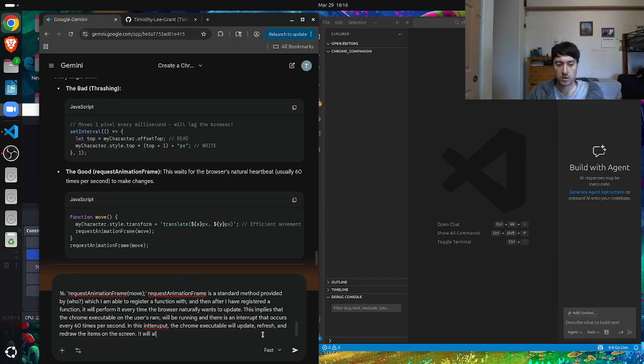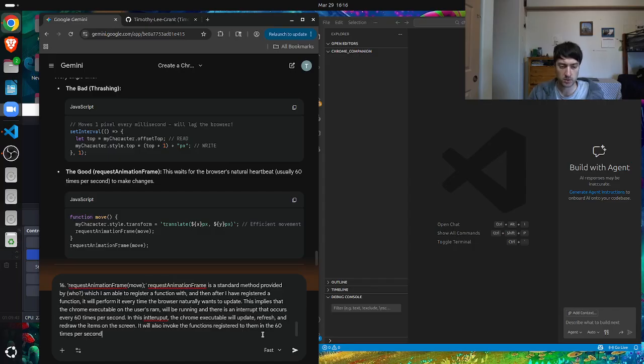It will also invoke the methods, functions registered to them in the